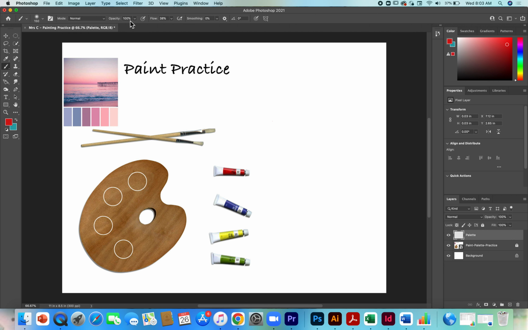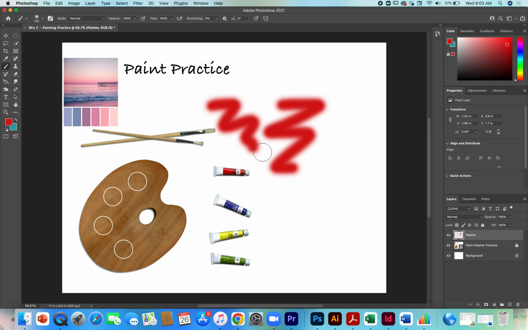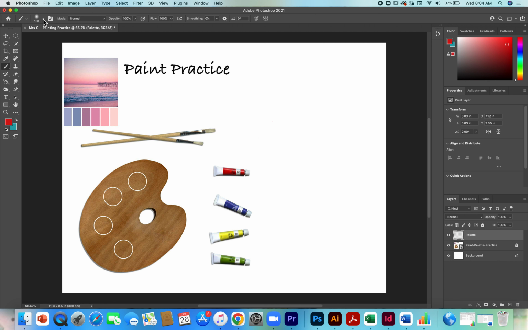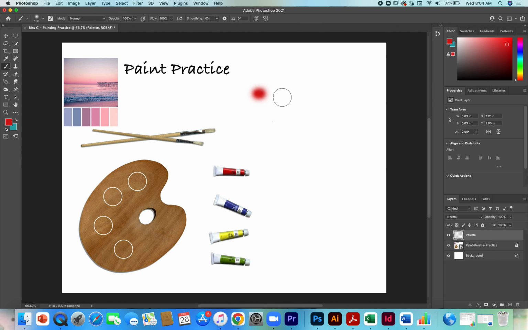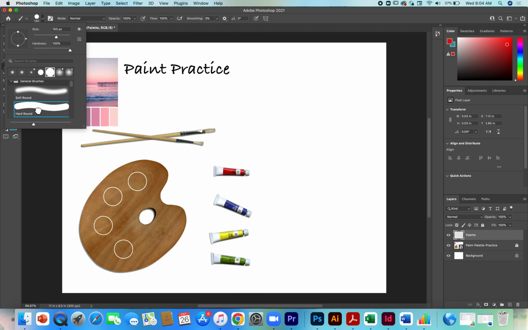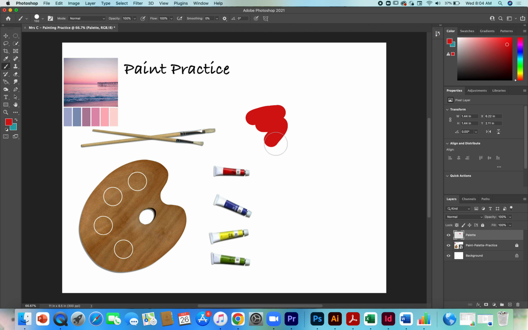So the opacity is 100. I can change the flow a little bit, and that will kind of affect how it comes out. But I may change the brush. I may go for something simpler. Let's see about the normal soft round. That looks very similar. If we do the hard round, I'm going to get something that really looks solid. Okay, so for now,